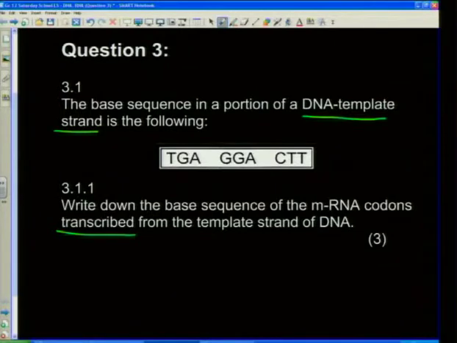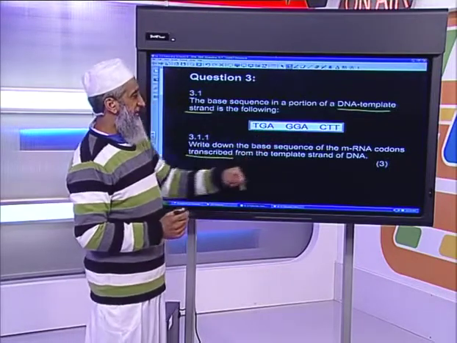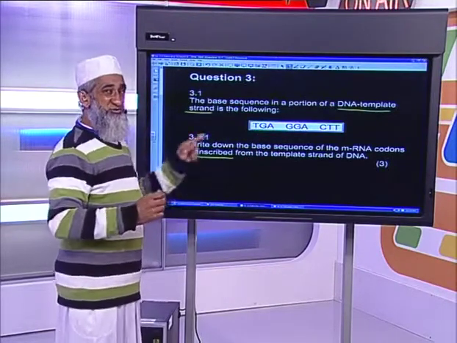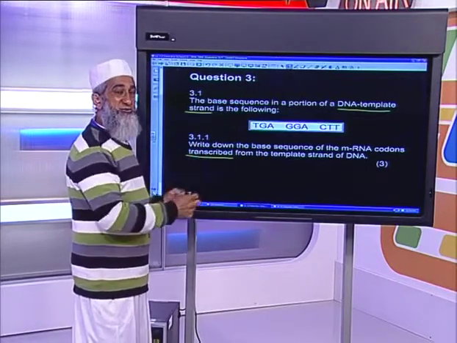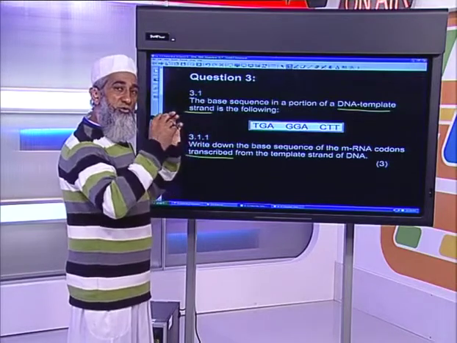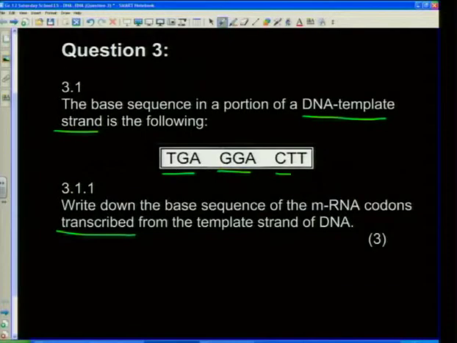And in this case, they don't want to know the process. They want to know, write down the base sequence of messenger RNA codons transcribed. Now, guys, when you do this, remember that you must always start from left to right. And you always keep your nitrogenous bases in triplets as they are shown here. So in this particular case, we have T and the opposite, A. And for G, it will obviously be C. For A, normally in DNA, we said T.